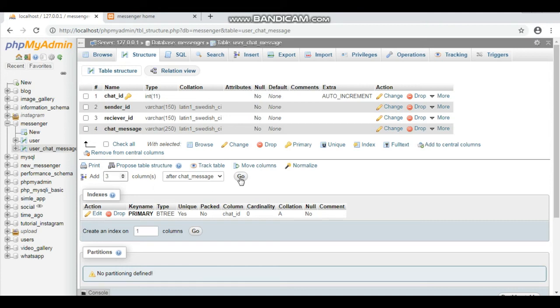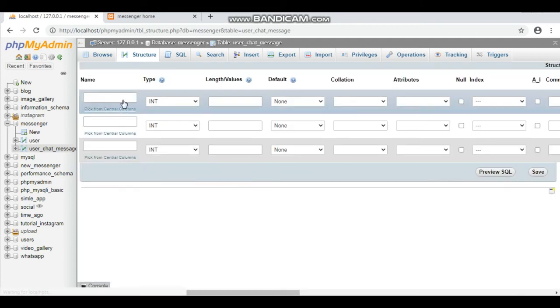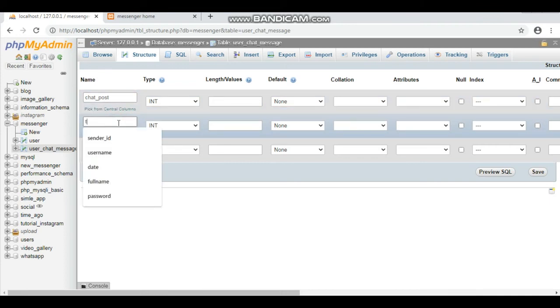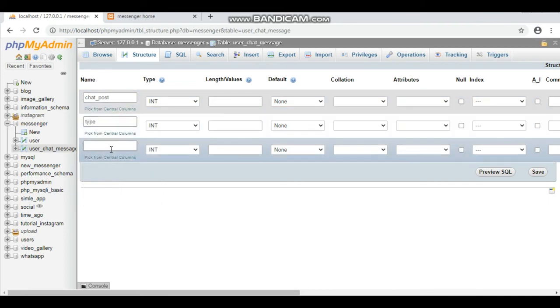Here that is column, here that is chat_post_type, and then type, last is date.